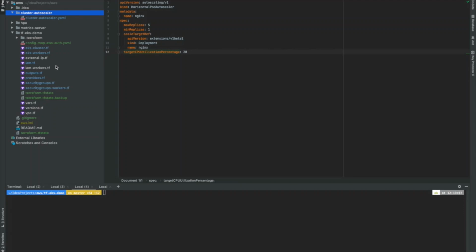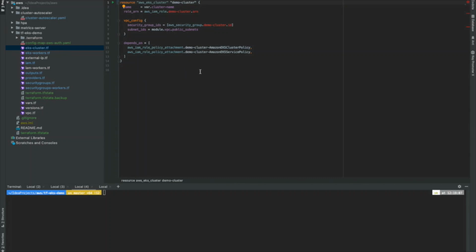I have this project, Terraform scripts. So basically, this is the module I have created for the Terraform script. For the EKS cluster, we'll go through this. This is the resource we have defined here. It's aws_eks_cluster. This is the mandatory